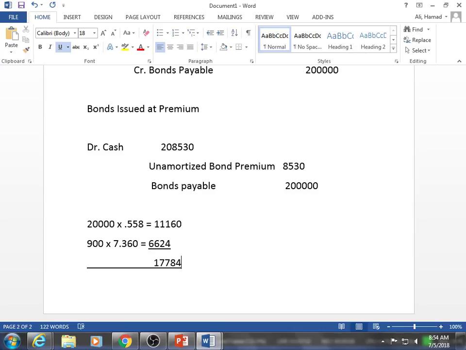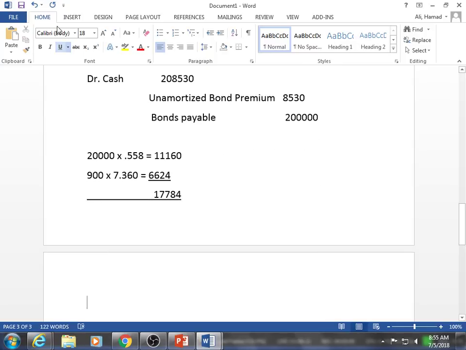It says, suppose the market interest rate on the bond described above falls to 8%. So instead of 12%, it's 8%. Therefore, we're going to multiply the 20,000 by how much? By 4%, because it's